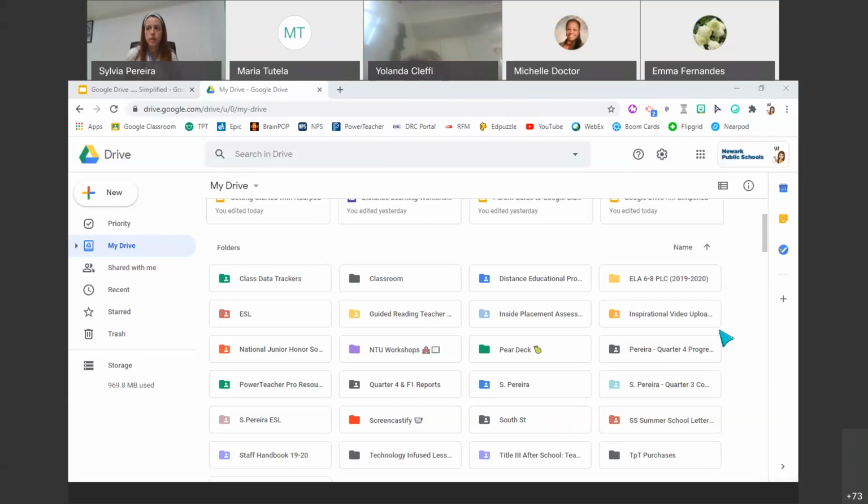So for September, I'm really going to break it down maybe by months: what I do in September, things that I do in October, so that I can always go back and say, under ESL, I have all the things that I did for September, and I can go into that folder. So I think that's how I'm going to break it up. It all depends on what happens